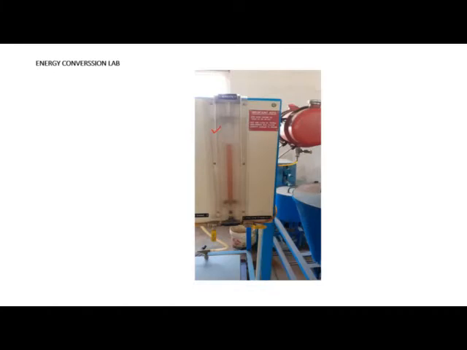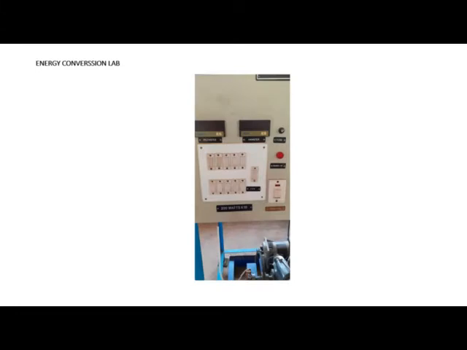Petrol from the tank is supplied first to the burette, and from the burette it is supplied to the engine. Here you can see the valves. We have three valves here. One controls the flow of petrol from the tank to the burette, and we have two valves here, where this valve controls the flow of petrol from the burette to the engine. When you are taking the reading, the time taken for 10 cc of fuel consumption is explained in detail in further slides. This is the voltmeter reading, and this gives us the ammeter reading.